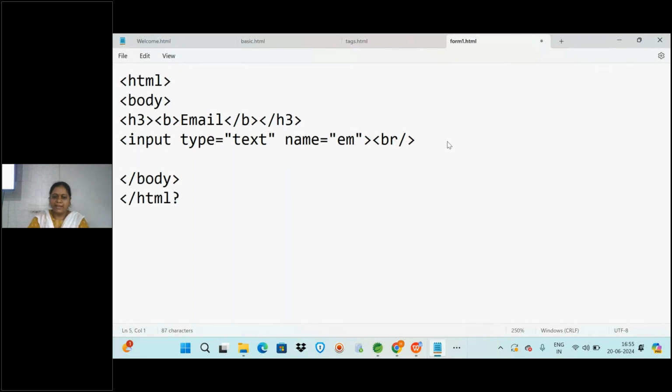So again you will write one input tag, and you will give here type is equal to password, and then you will just give a name for it, like PWD. This is optional. Name is optional, but type you have to mention. If you want a password box, then you have to give the type as password only. So now again I am resaving it and I execute this. We got one more box here.